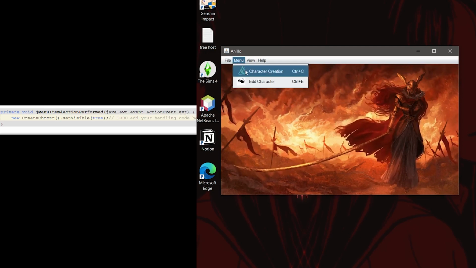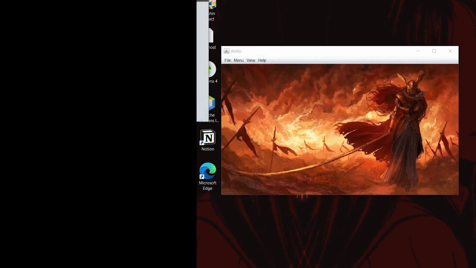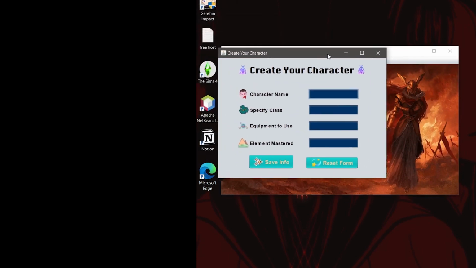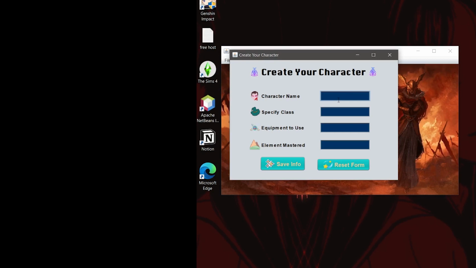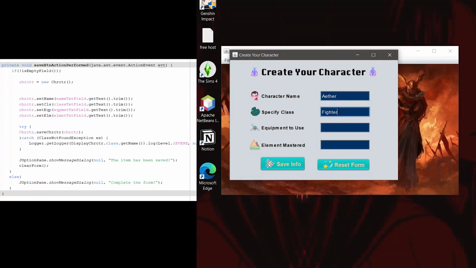When we have accessed it, a new window will pop up with 4 text fields and 2 buttons. In the 4 text fields, we can input any data that we want according to the label on the left hand side. For example, the name that has been input is Aether, with Fighter as class, Sword as equipment, and Geo